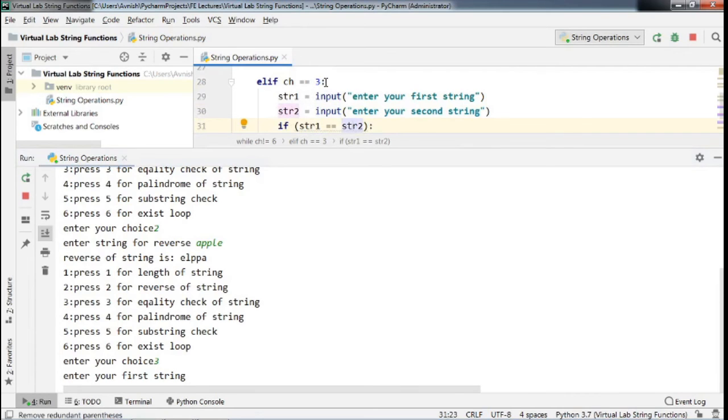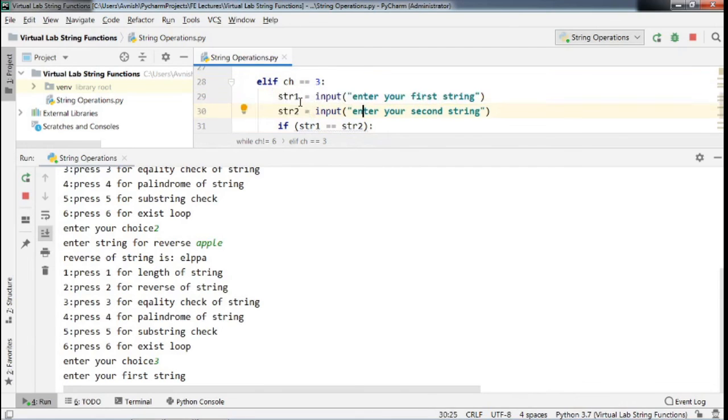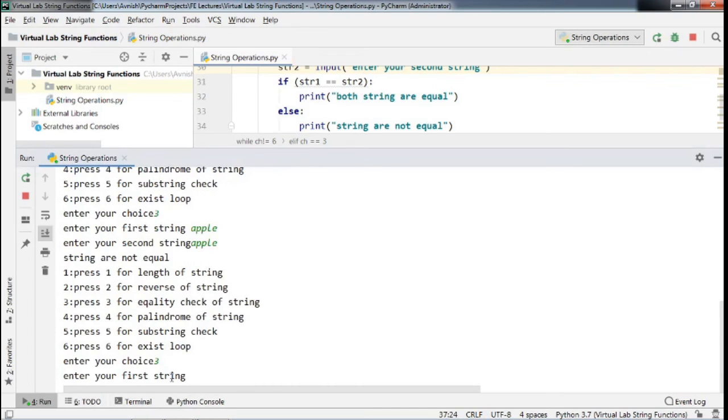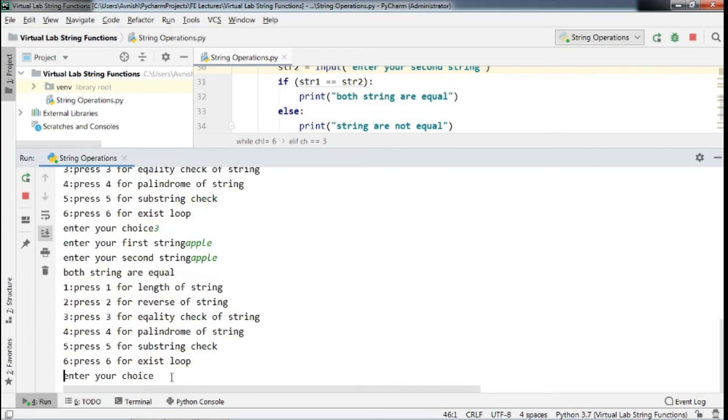When this condition is true, you have to give 2 inputs. The first input will be stored in str1, the second input in str2. I provide the first input as apple, and the second input is also apple. See, both strings are equal.